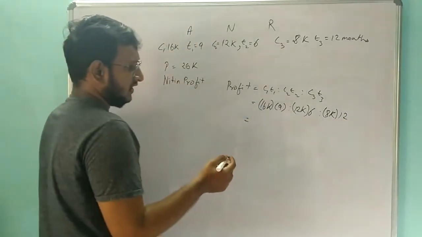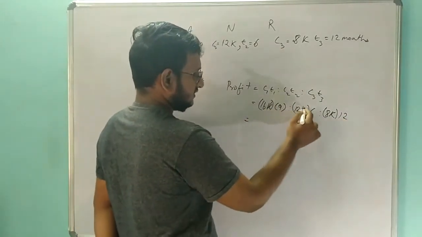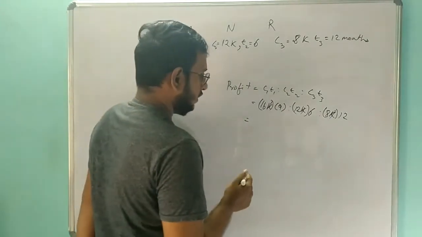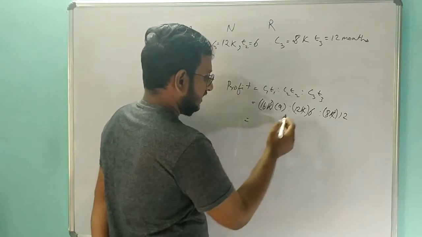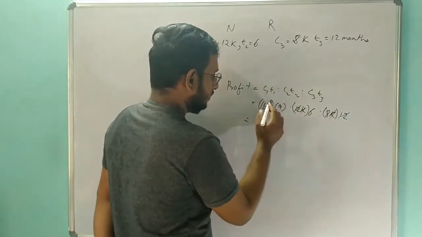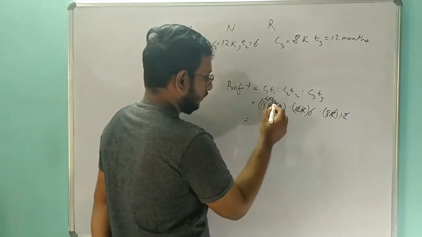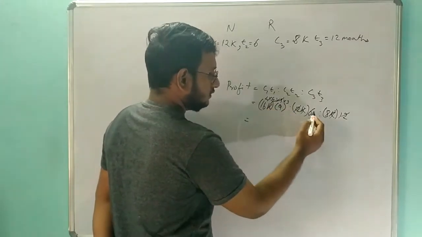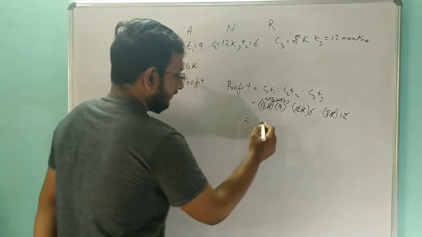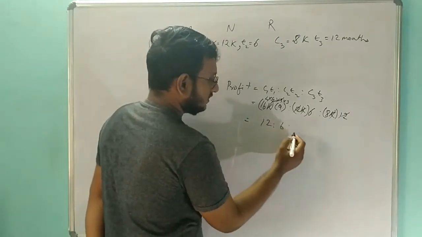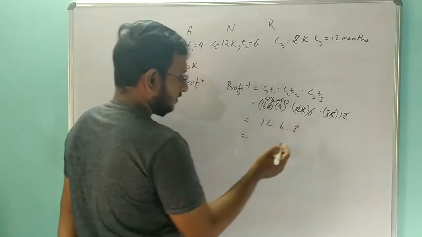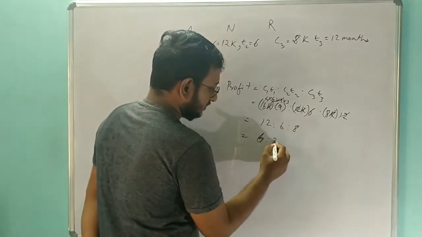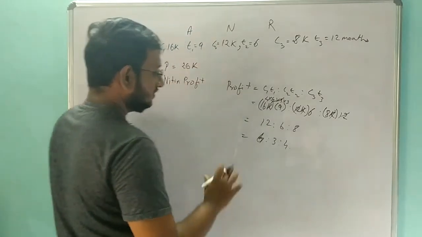So we can easily eliminate thousands first. Now we can eliminate 12. So here we can write it as 4, 4, 2, 3, 3. Then we will be having 12 over here, 6 over here, then 8 over here. We can again eliminate 2. So we will be having 2 6s, 2 3s, 2 4s. So this is the ratio.